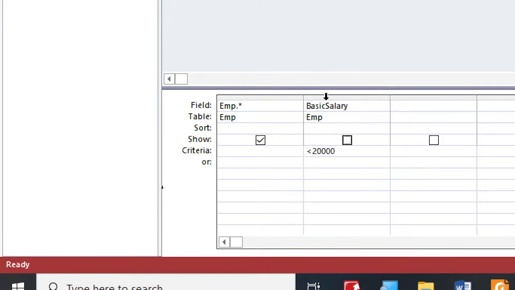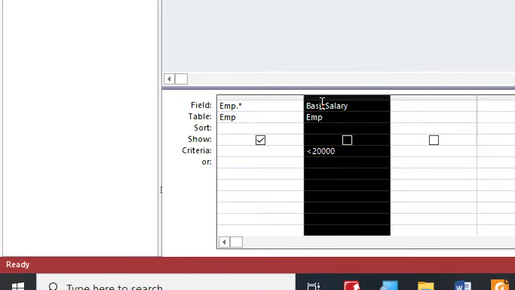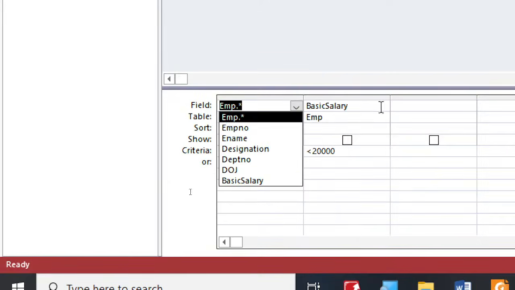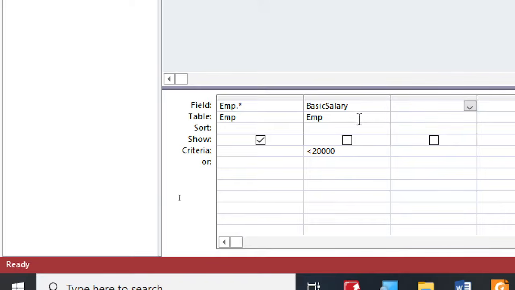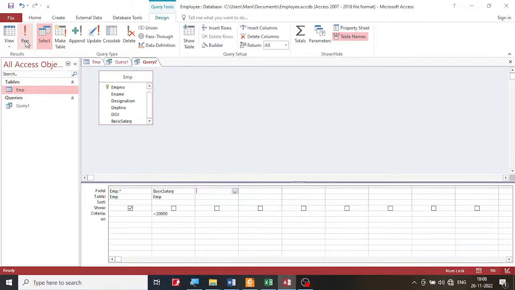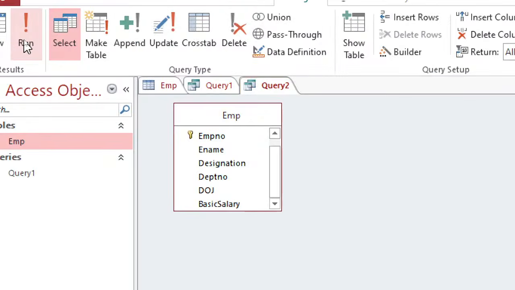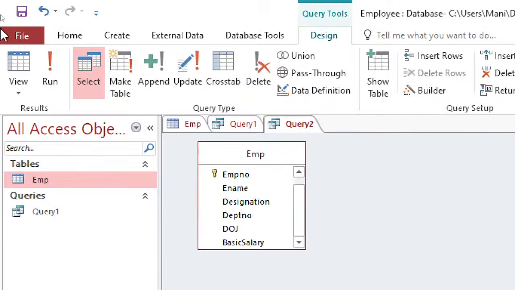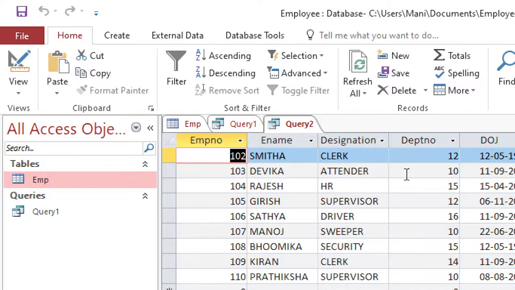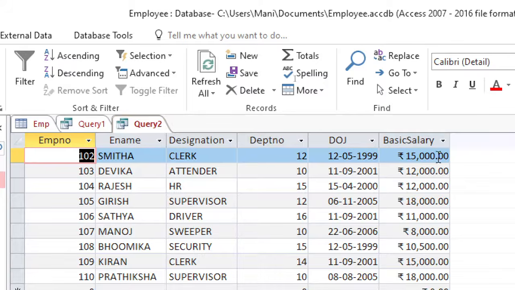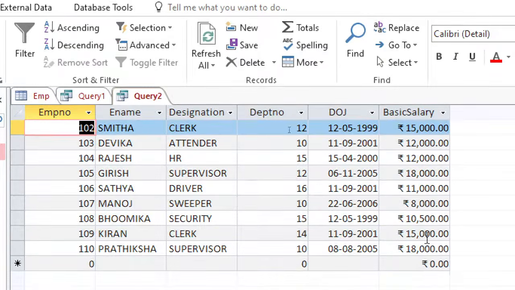This condition, less than or equal to, is required, but don't show that thing. Don't show it on the output. With that done, let's run this query, and I'm going to click on this run here. On the top side you have this run. Click on this run and you notice all of them who are getting salary less than